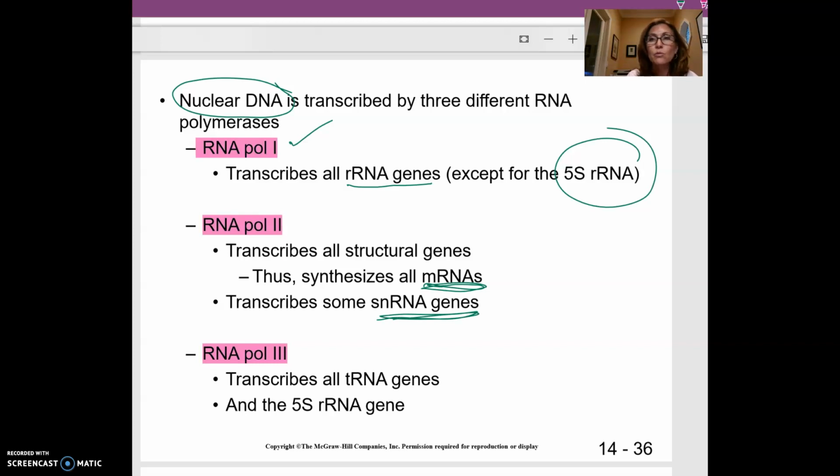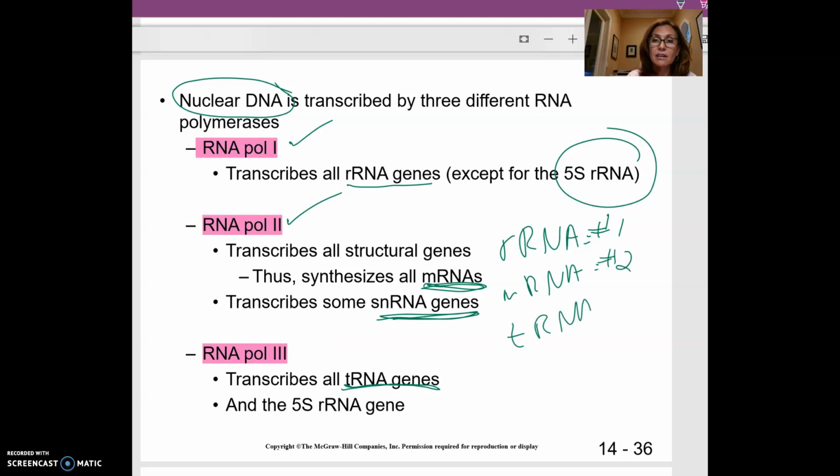So basically when we're talking about RNA polymerase making messenger RNA, this is what we're talking about, RNA polymerase 2. RNA polymerase 3 makes transfer RNAs, right? So the way I remembered it was rRNA is number 1, mRNA number 2, and then tRNA number 3, okay,